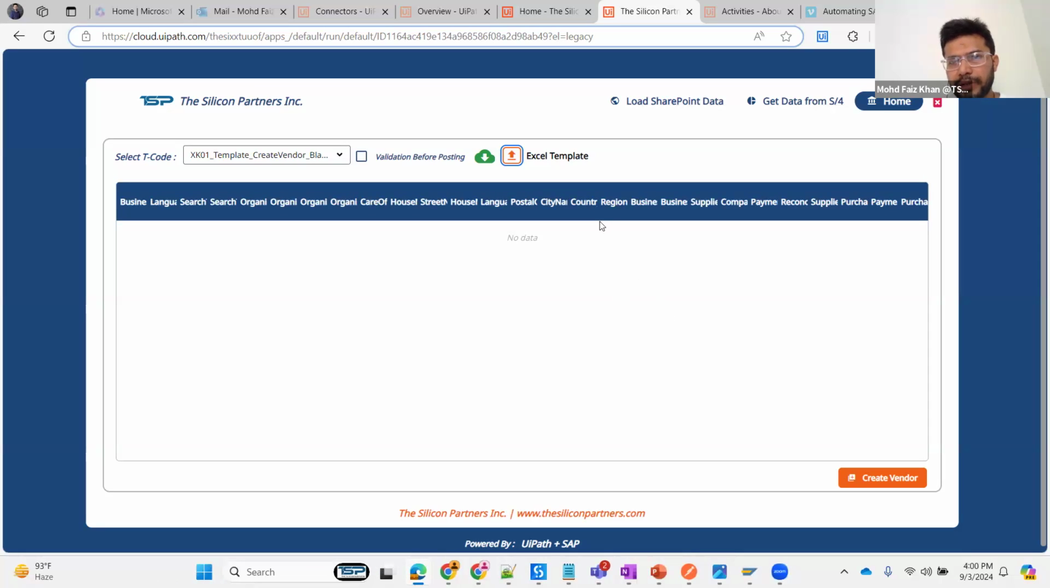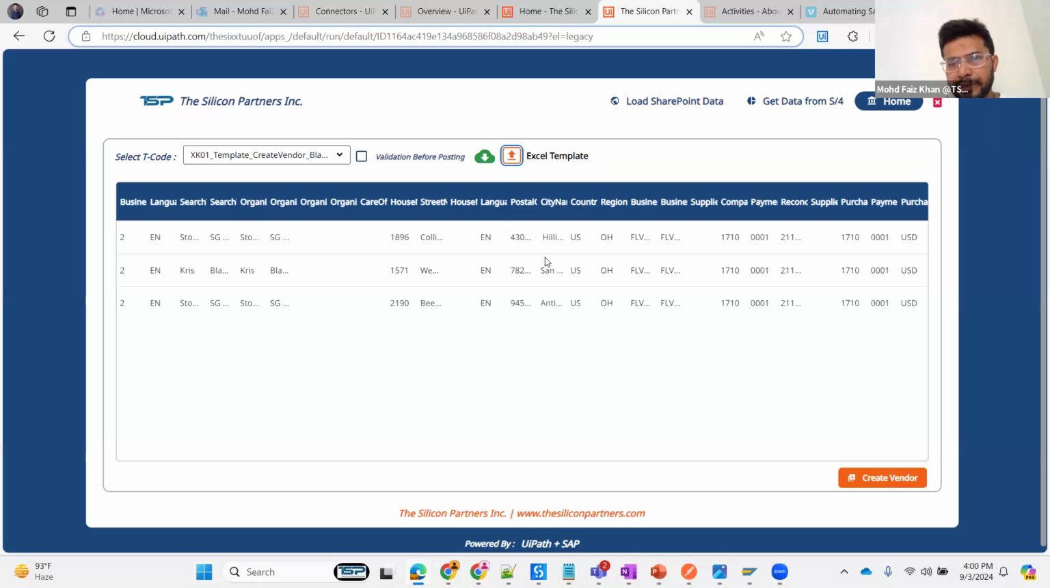and the process will initiate. It will take some time. So you can see the data is populated here. You can validate the data before creating the vendor. You can scroll, but it is not working, right? But you can scroll the table and check the data, whether all the required fields are filled or not, before creating the business partner. Once you have validated that all this data is pre-filled, then you can click on the create